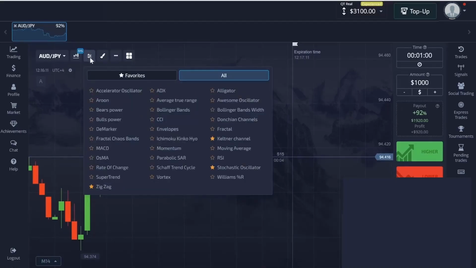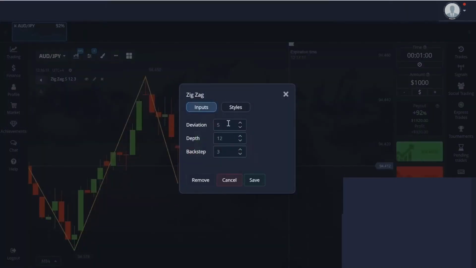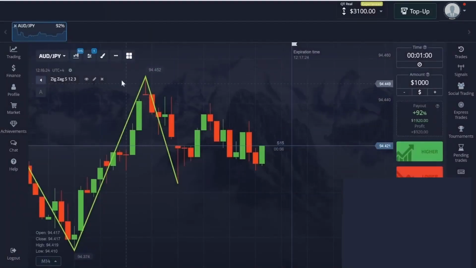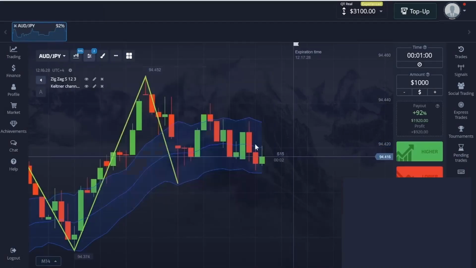It's a great time to start setting indicators. I start by installing the Zig Zag indicator. I don't change periods and leave them as they are. Let's thicken the lines to 3x. The second indicator is the Keltner channel, which is very good